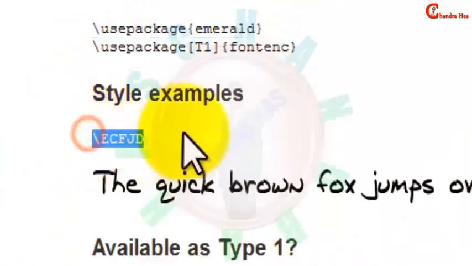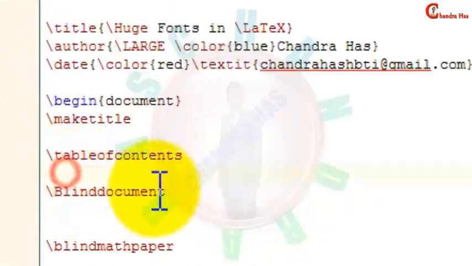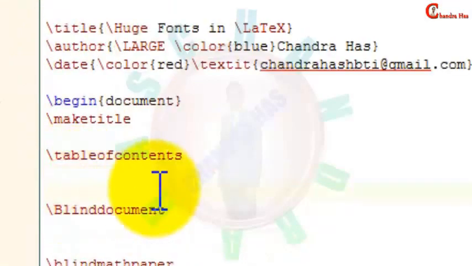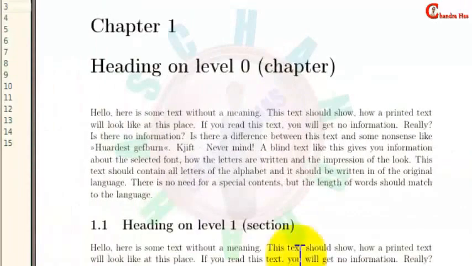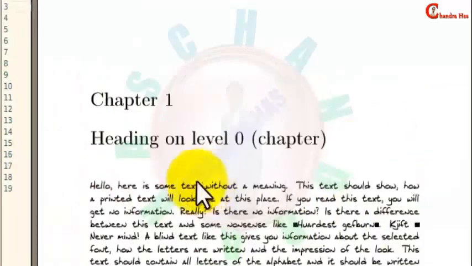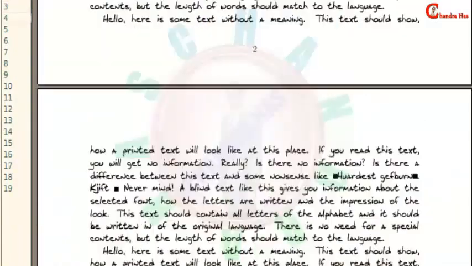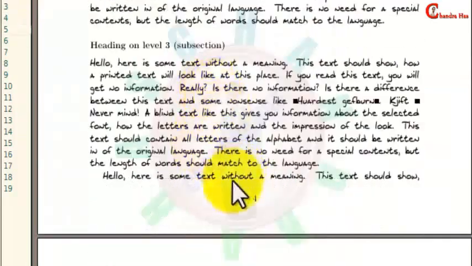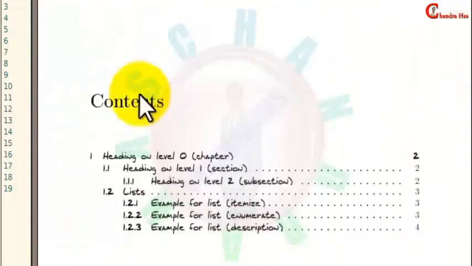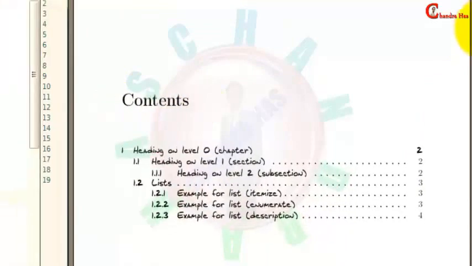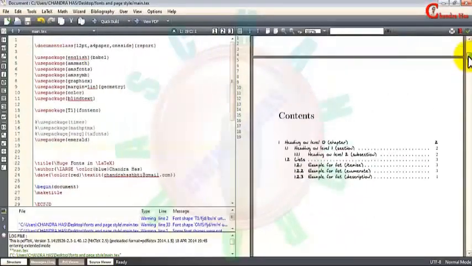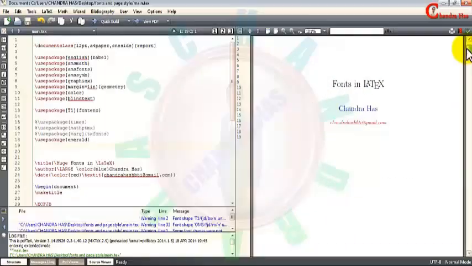Just use this command before writing our text. Yeah. Here if you see chapter, section, subsection, and also contents, these are not changing in our handwritten format. So we'll change this by using some other command.